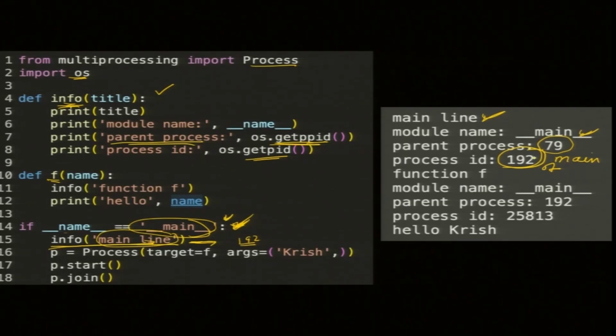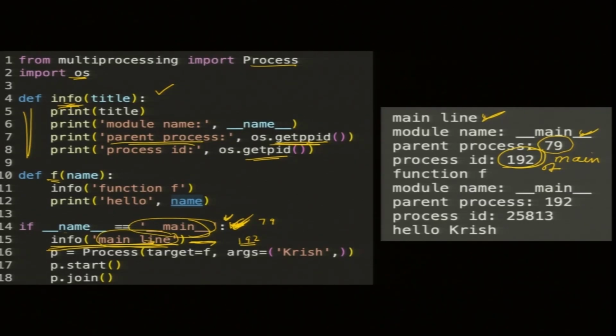The parent process has ID 79, then our main has ID 192. So, 192 is my process ID. And this function is finished, info is done.